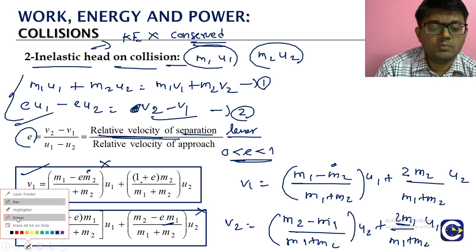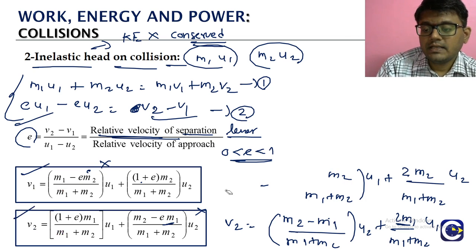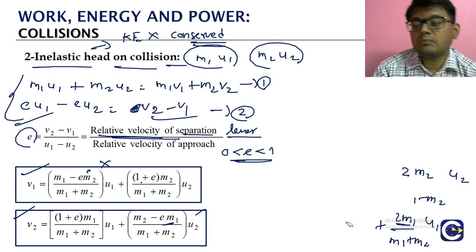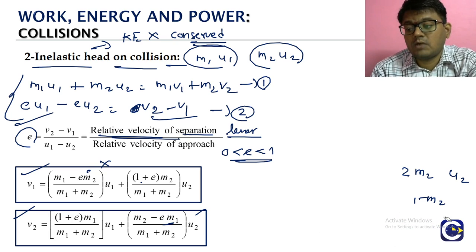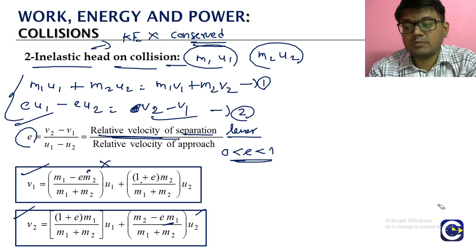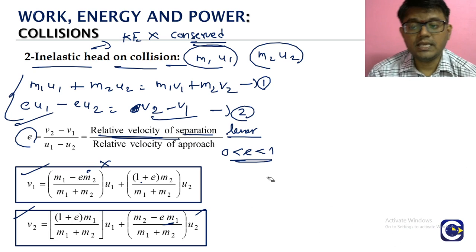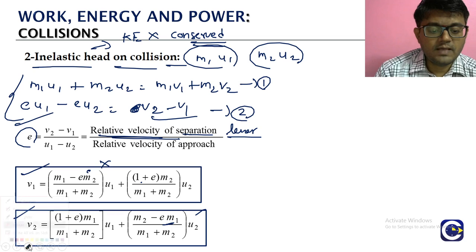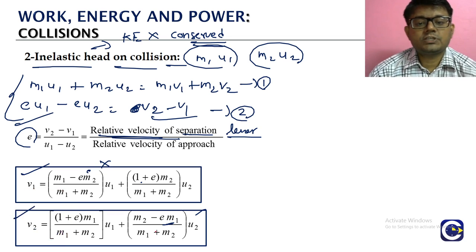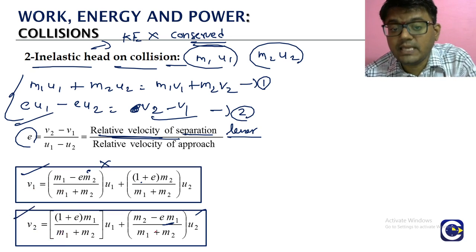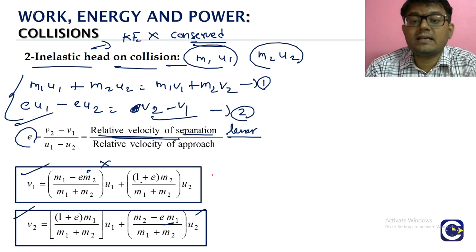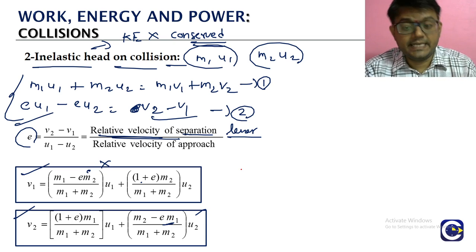So either நீங்க அந்த formulas you try to remember, இல்லைன்னா you can even solve the questions from those original equations. Original equation சொன்னா what is it, the conservation of momentum equation, அதுக்கப்புறம் the second equation என்னது, e ஓட expression. ஓகேவா, so இதுல இன்னொரு category of questions என்ன தெரியுமா, like one category of questions will be they will ask us collision க்கு அப்புறம் what will be the velocity of the particles, அப்படி கேட்கலாம். இங்க என்ன, they will ask us what is the loss of kinetic energy.